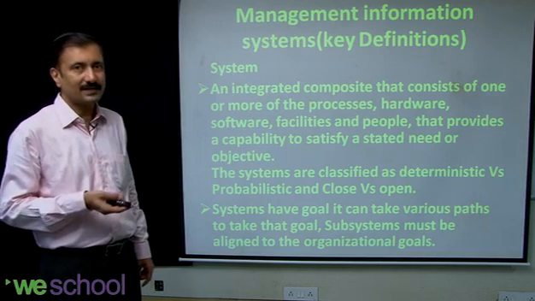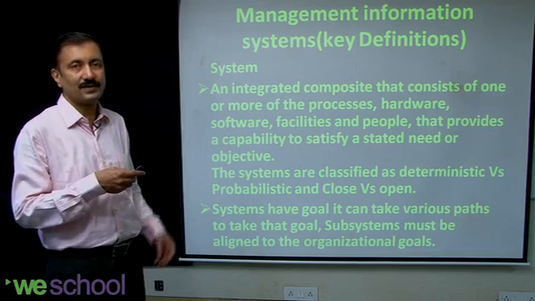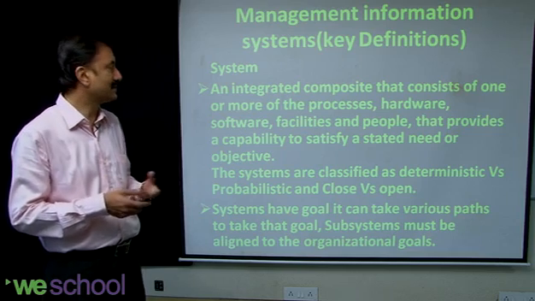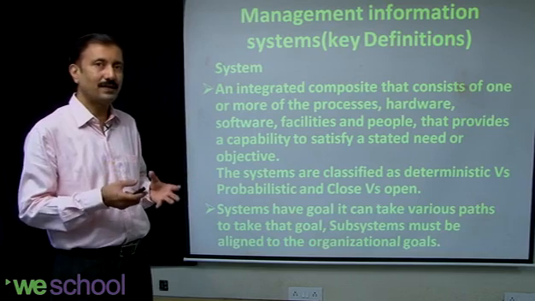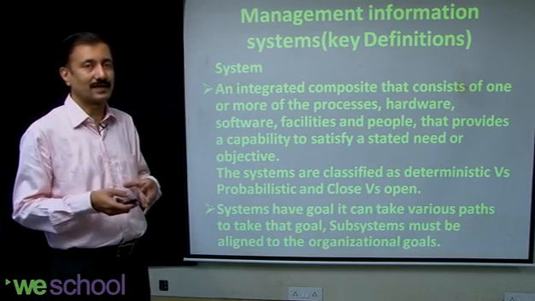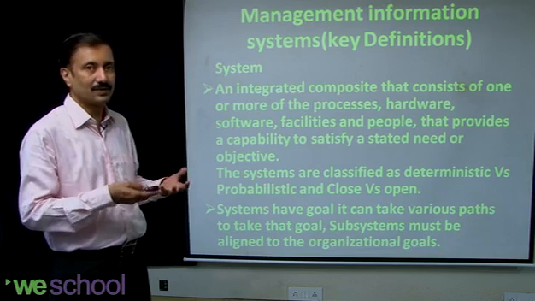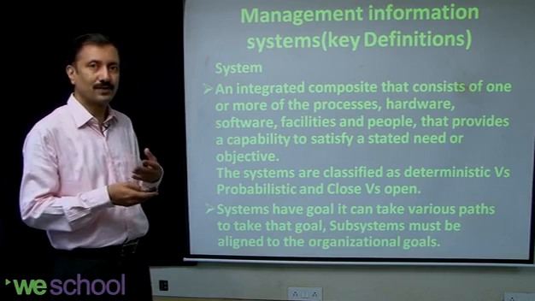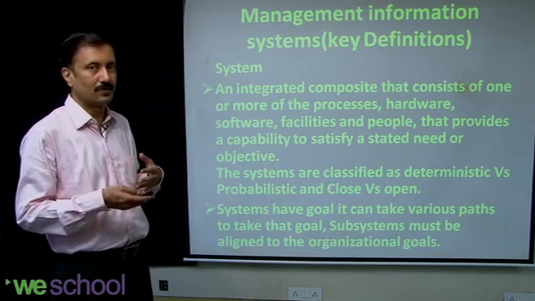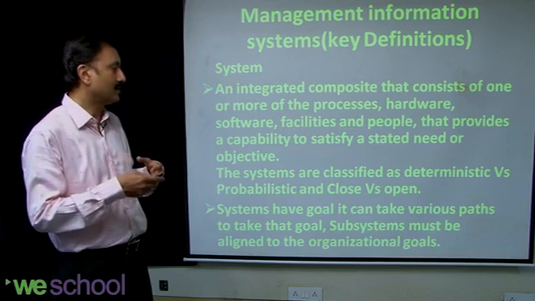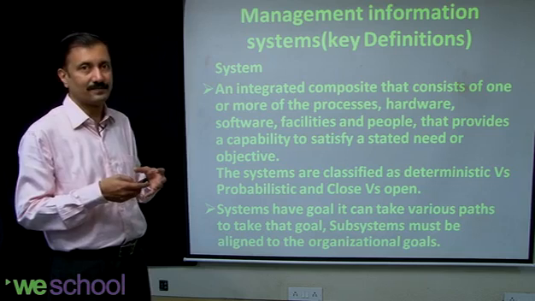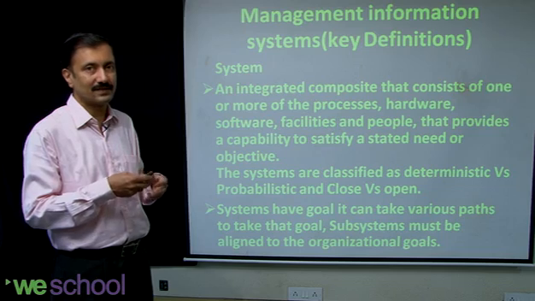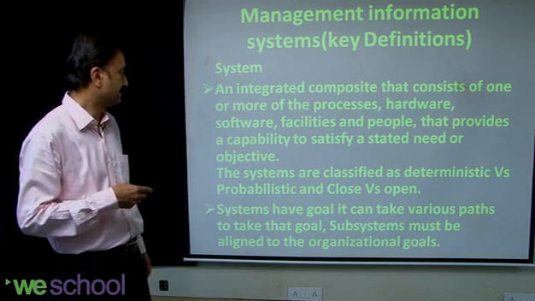Now, in the information system area, the word system therefore means components such as hardware, software, documents, people who actually operate these systems, and so on and so forth, all of them combining towards achieving a particular goal in the organization. The system actually supports the organization's purpose, vision, mission, and goals. Systems, however, can be both closed or open loop. Open loop systems are those which don't necessarily have a feedback mechanism, whereas closed loop systems are those where there is a feedback system, based on which the system corrects itself as it goes along.